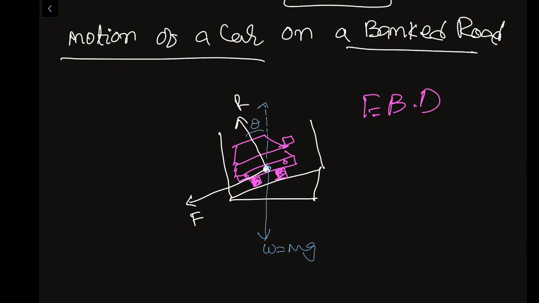Now in this case the components of the R vector are R cos theta, and for the perpendicular we have to get R sin theta. Here also we have to get some angle. The component of force along the horizontal direction is F cos theta, and for the perpendicular we can get F sin theta.